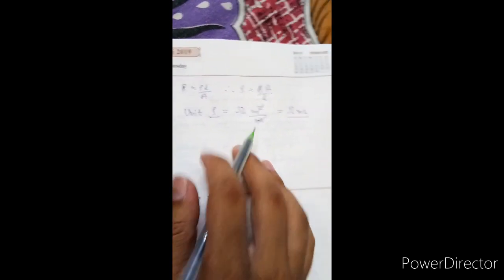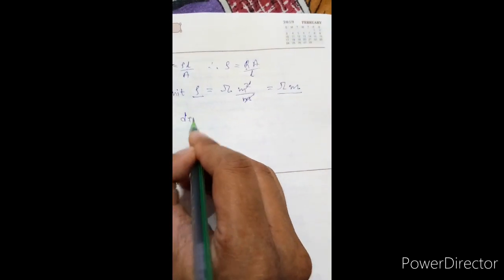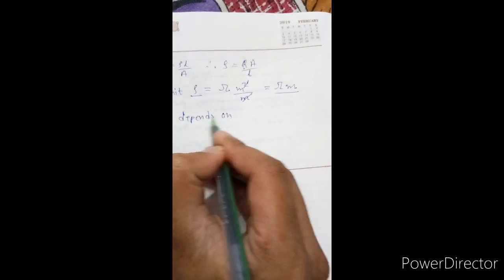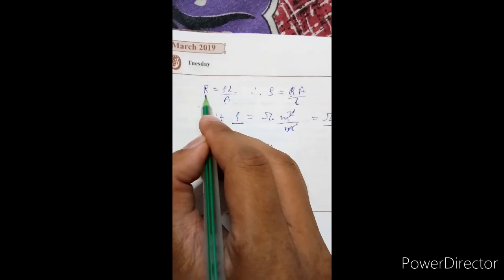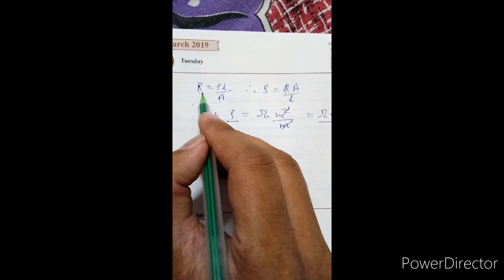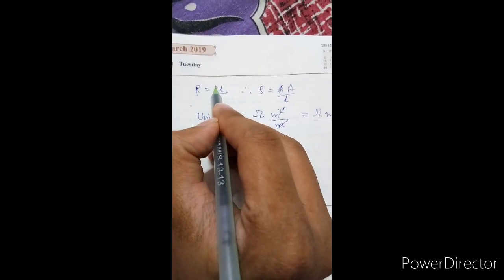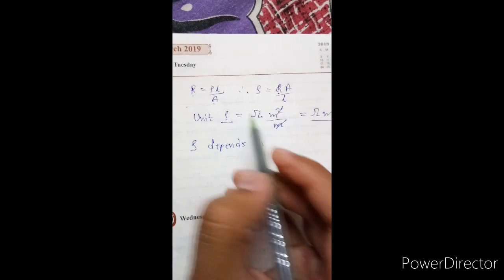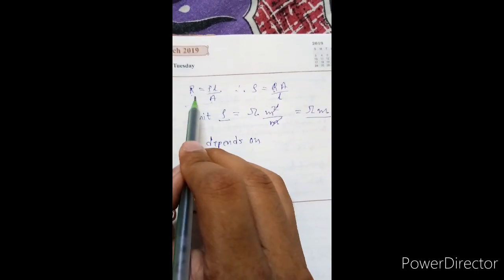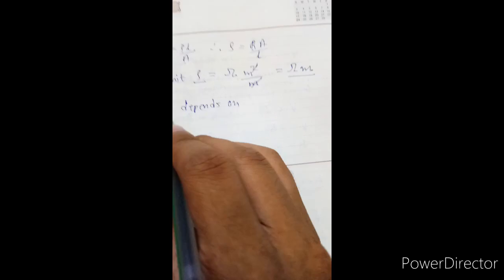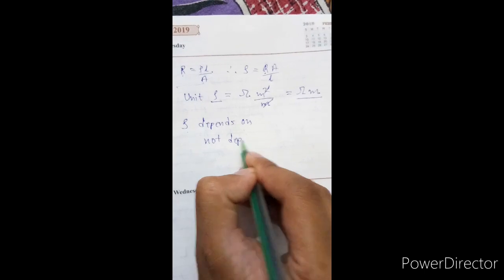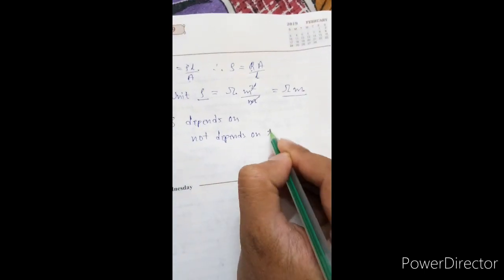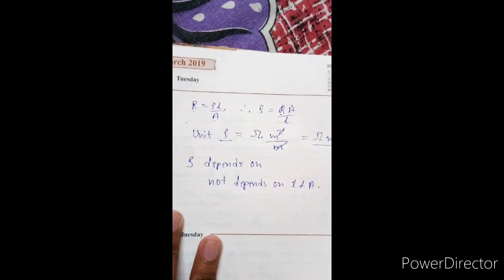Now another thing, that resistivity depends on which quantity? So from the formula you can tell that it depends on length, area and R, but it is wrong. You already know that rho is a constant of proportionality, and this does not depend on length and area. So then what about dependence? Means rho depends on which quantity?